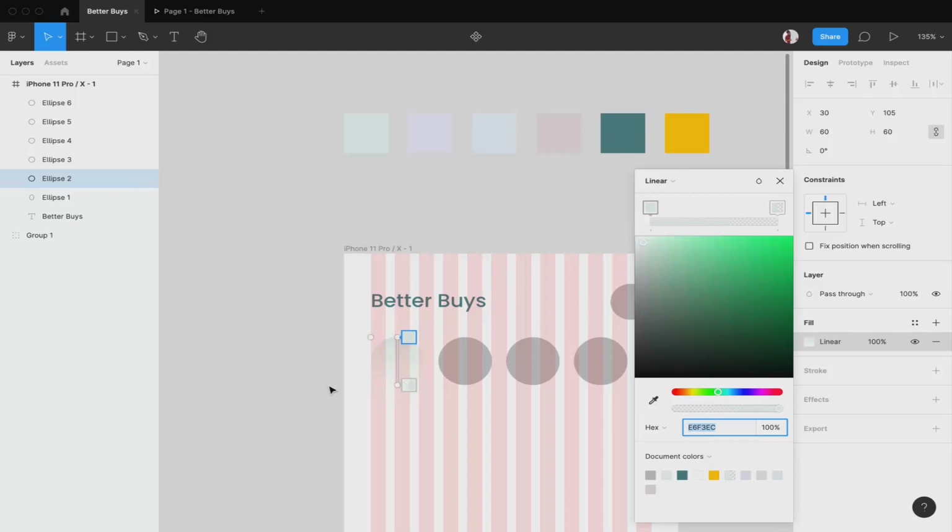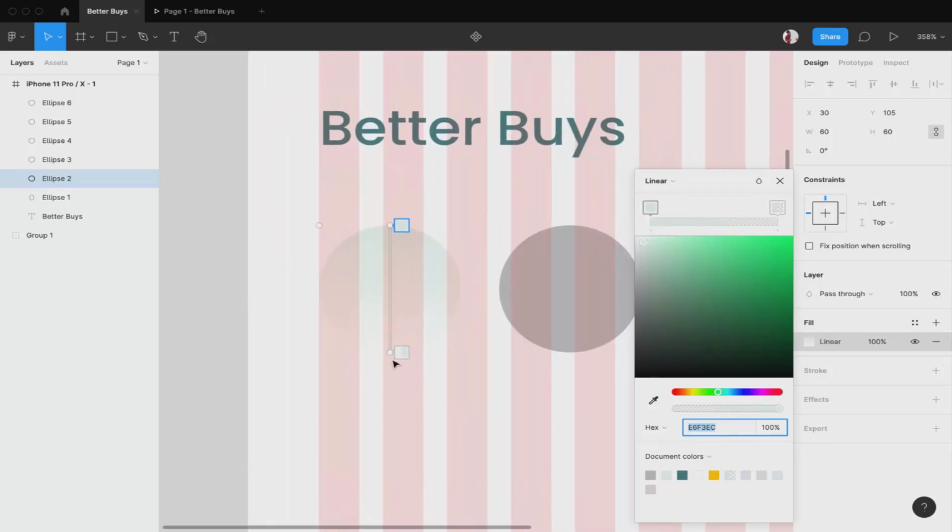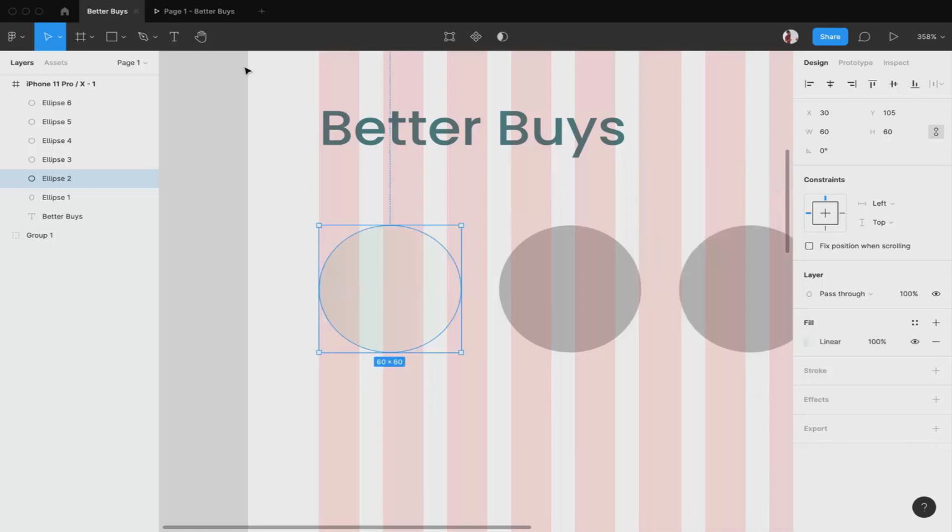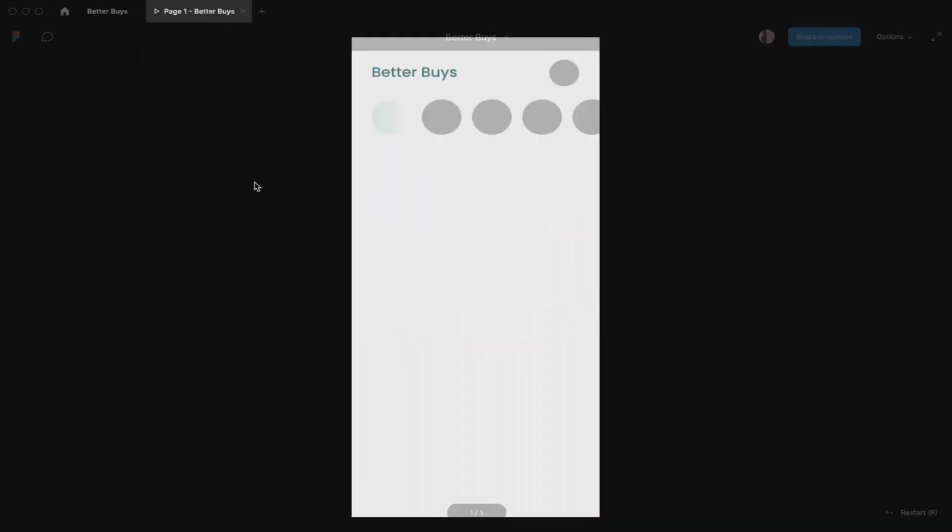Linear means I want to apply a gradient. I want to apply it like this, so that the maximum color is over here, and on this side there is almost no color. It gives us a fading effect. Okay, this seems nice.